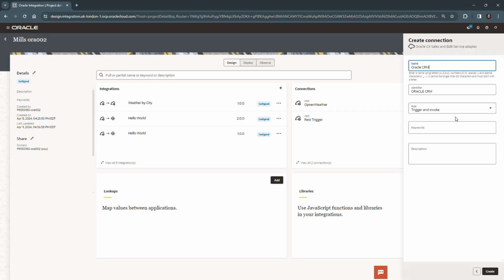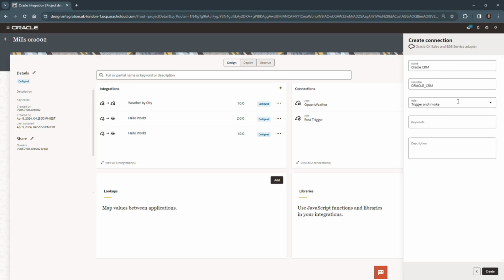And in this particular use case, the instructions tell us to use the trigger and invoke role. Now, technically, for this particular lab, we're going to use it in the invoke role, but for other labs or other scenarios, you could also use it in the trigger role. So we're going to go ahead and select both, which is a common scenario when you're dealing with Fusion Cloud applications. Click on Create,